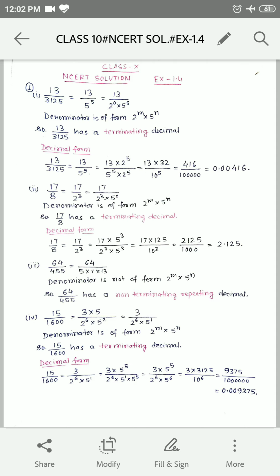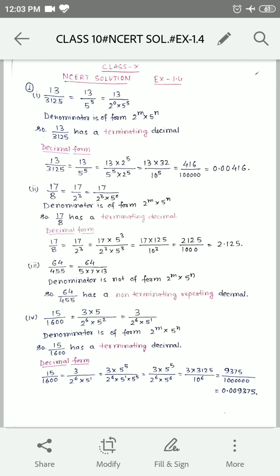To convert it into decimal, we have to keep the denominator as 10 to the power something. So that's why we are multiplying numerator and denominator by 2 power 5. So we get 13 multiply 32 upon 10 to the power 5, that is 416 upon 10 to the power 5, that is, on writing it, we will be getting 0.00416. Finally, for question number 2, we will see in the same way, 17 upon 8, we will write 17